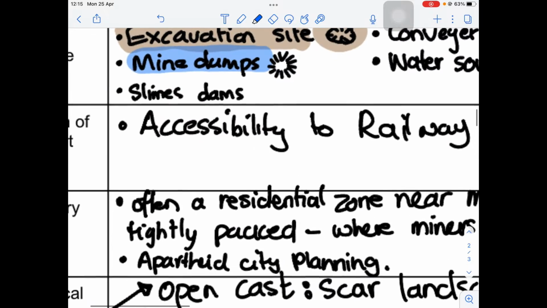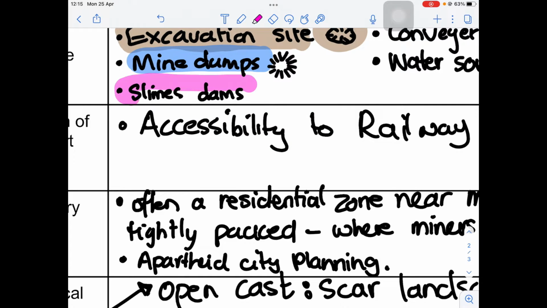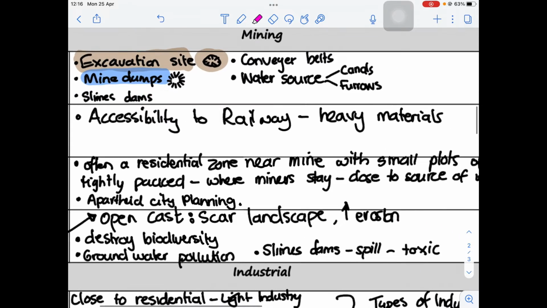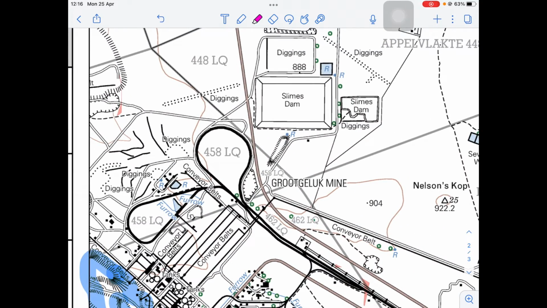All right. The other thing that we can see often attached is our slimes dams, and that is a part of the process of the beneficiation. We're trying to actually remove the mineral from the rock, from the ore, and in that process there's going to be waste products. There's water that's part of the process of trying to get the mineral out, often in a process of flocculation. We use chemicals and water, and it binds to the mineral and or the impurities and helps to separate them out, mineral, water, and impurity. And so often we have slimes dams, so dams that have been created to actually just store the wastewater,